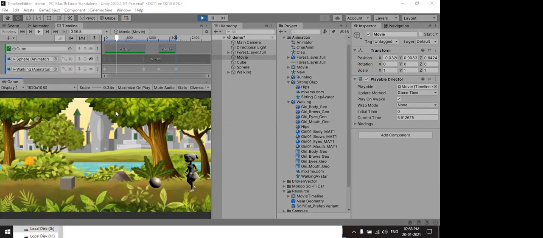So your default animation also played, your timeline animation also played. When I touch, it will be hidden.